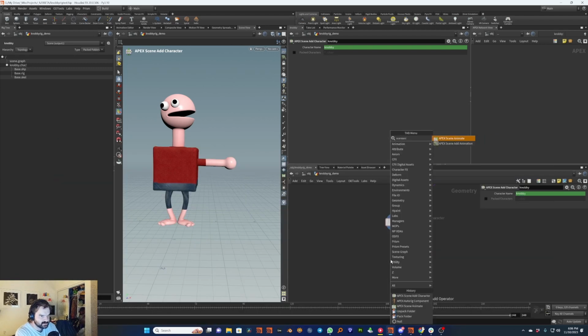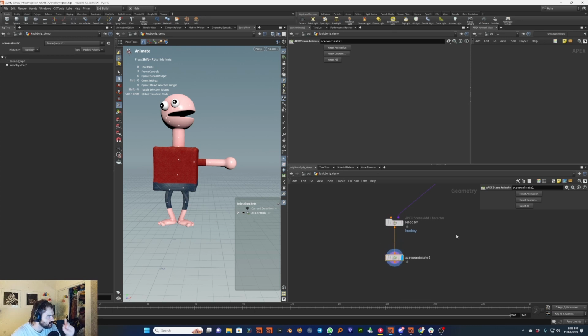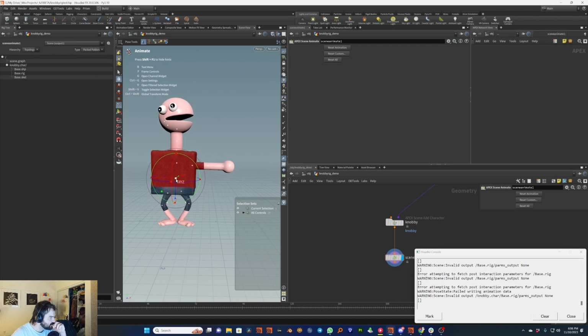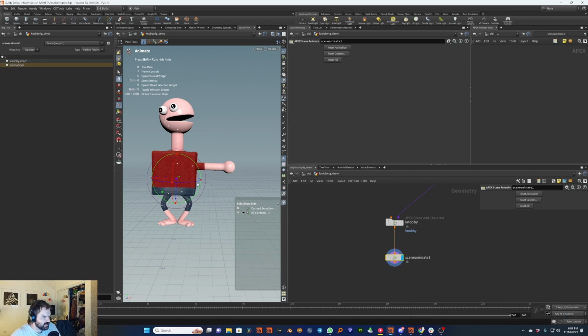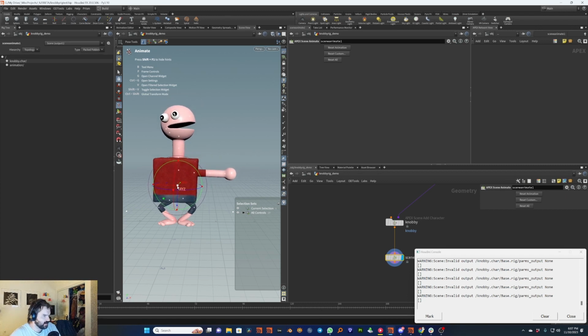So now I can do a scene animate, and everything is a little bit more organized and clean and nice. If I start to animate this guy, it adds the animation back in here, and that's no longer in the same folder as the Navi stuff. It's just in its own folder next to the character, and that's great. I can move this guy around, do stuff like that, and then just for fun, I'll keyframe him around, and it's cool because with Apex, it's very, very, very fast and very interactive, as long as it's not buggy